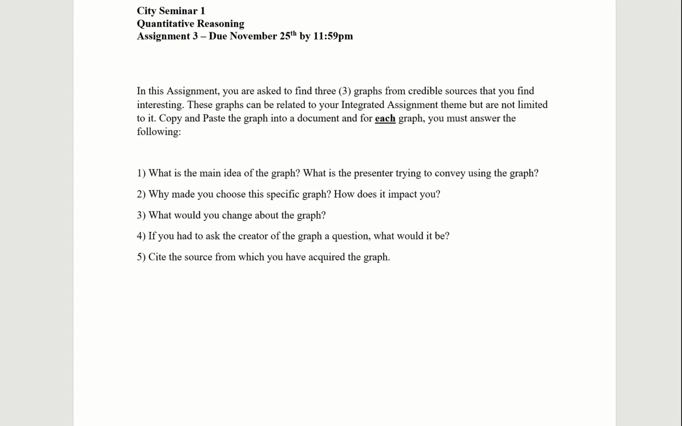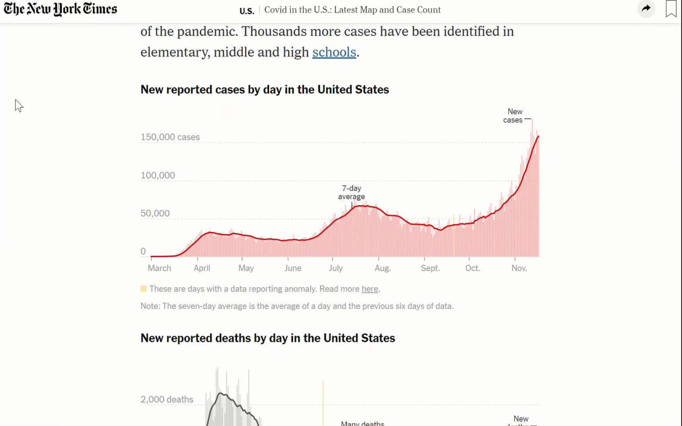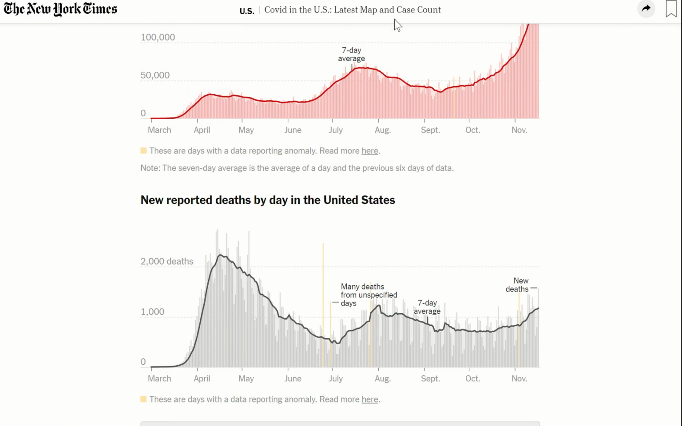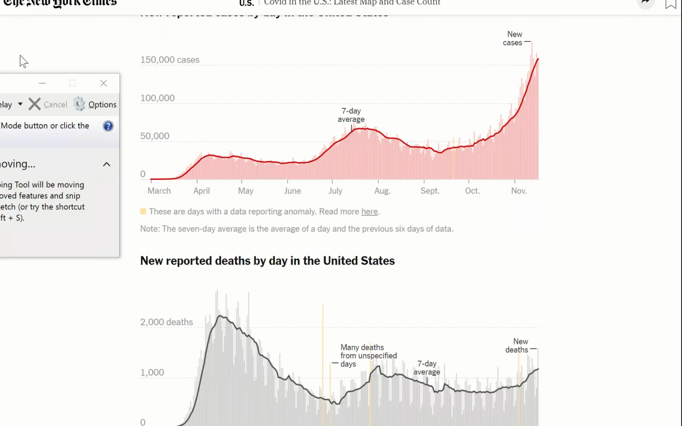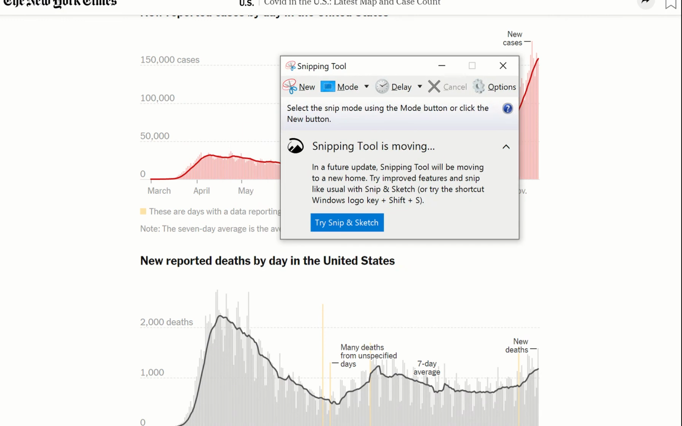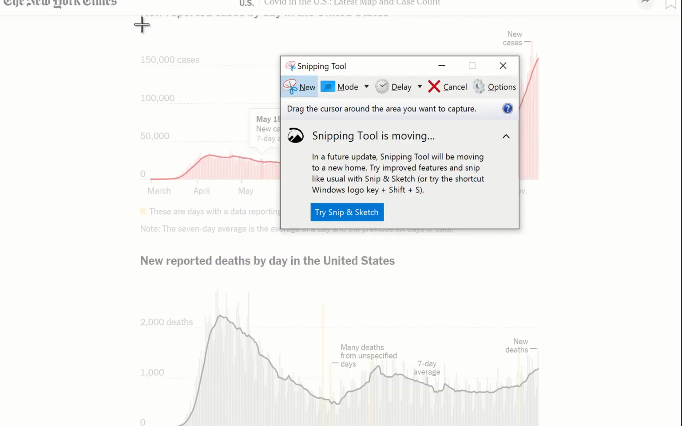I'm going to give you an example. I went to the New York Times and I got both of these graphs, like I had mentioned. So what I would do is take a screenshot of this. If you're on Windows, there's a tool called Snipping Tool. If you just type Snipping Tool in the search bar at the bottom of your computer, you click New. What it lets you do is create a box around